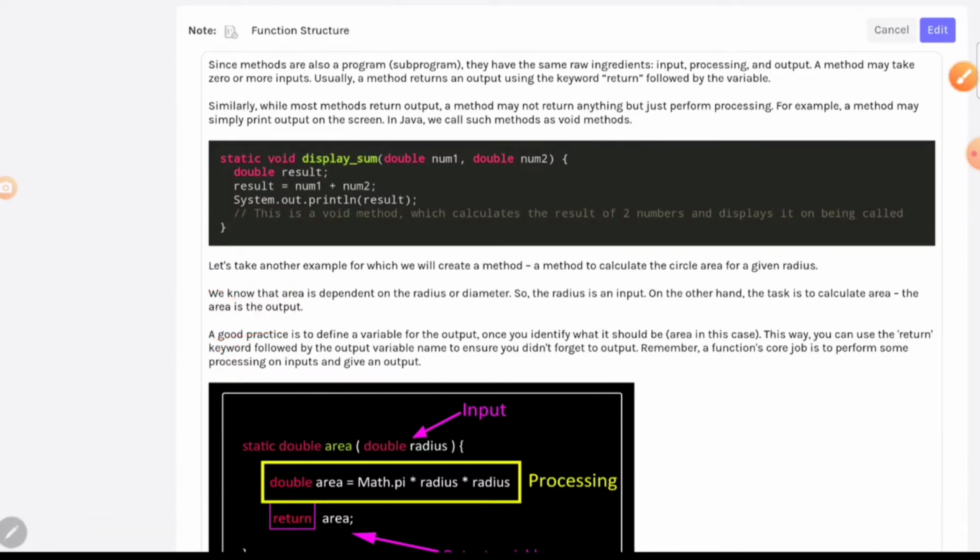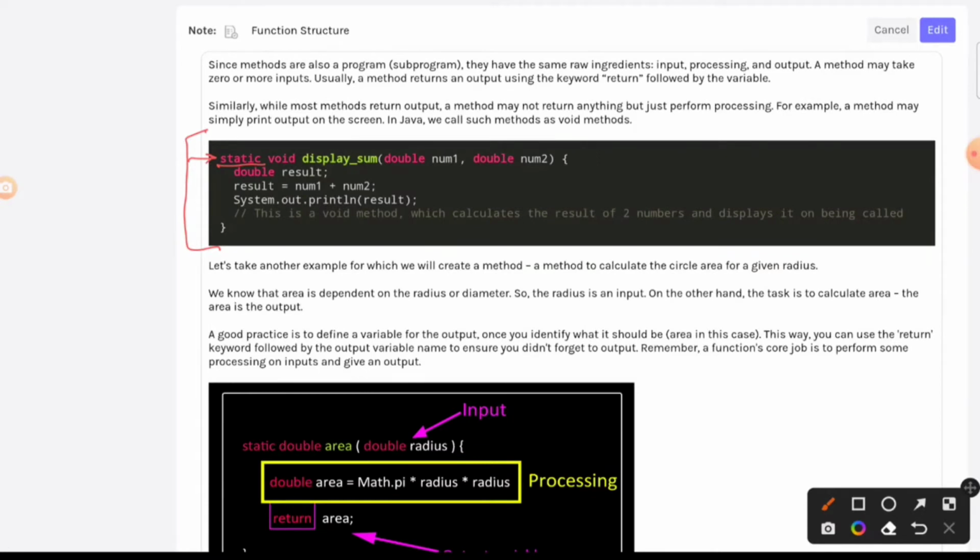Now coming back to our function, we are going to look into this code that we have written here. In this code, you can see that I'm writing this function as static. So don't worry about it. When I talk about object-oriented programming, I will talk more about it. I want you to focus on core programming right now. So we'll say static, and then we'll say void. The reason I say void is this function will not return anything. Typically, when you write a function, let's say I'll say public, and again I will explain public and private later. Public static,